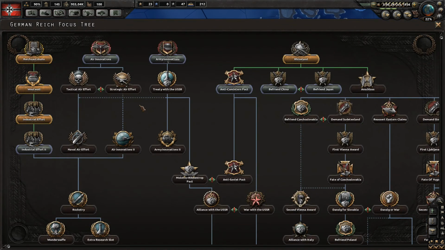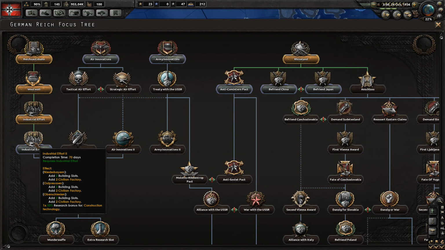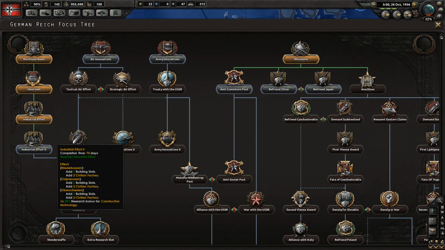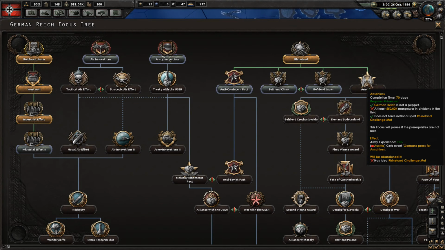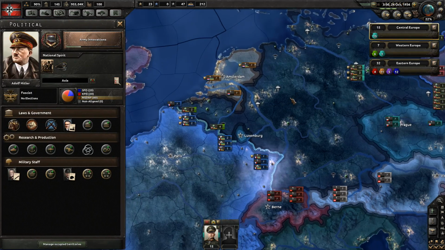So also, a big thing is to get Industrial Efforts. This gives me 6 more free civilian factories right off the bat, and it gives me a construction technology research bonus. So I should be doing that. I'll probably do it after Army Innovations. Once I take over France and stuff, I'll be doing...